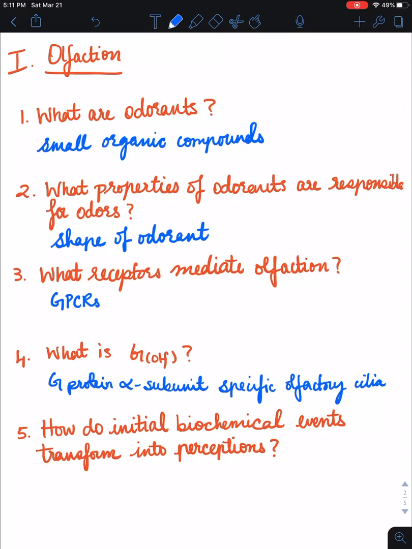Okay, so number 5, how do initial biochemical events transform into perceptions? When an odorant molecule binds to its receptor on a neuronal surface, through a cascade of events it opens cyclic AMP gated ion channels, and the flow of ions through that channel is what is going to initiate an action potential, which is then transmitted to the central nervous system and yields a perception. So odorant